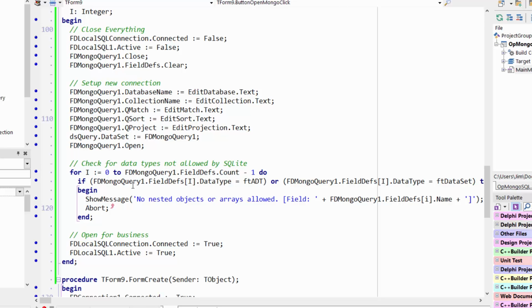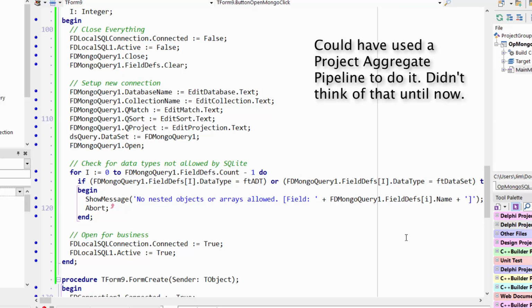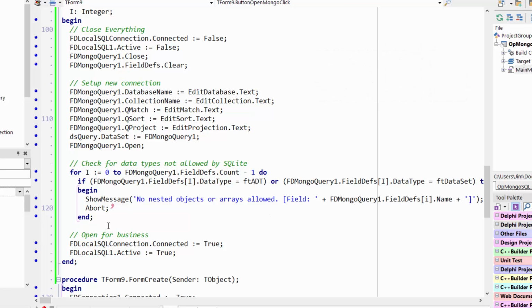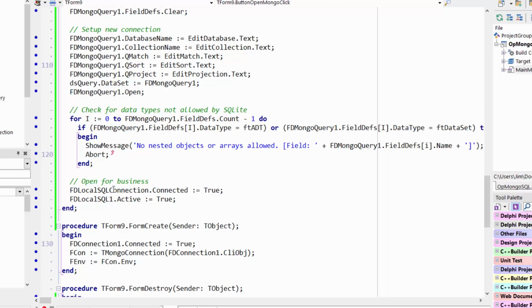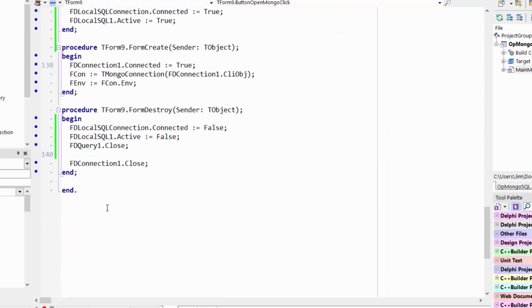But then one thing we do here is we go through and we look to see if any of our fields are ADTs or data sets, because these would be nested objects or arrays. And SQLite, which is the engine that runs in local SQL, doesn't support those. So it gives an error message here. I actually tried to manually remove those, and it may have been something I just couldn't figure out how to do. But so it gives an error message here and says you can't do that and aborts. Otherwise, it goes ahead and connects to the local SQL engine up, and then